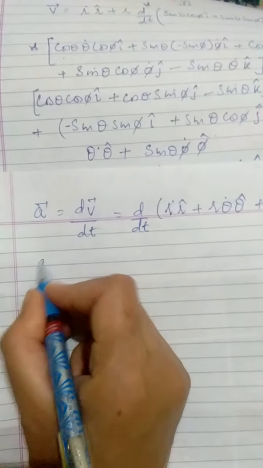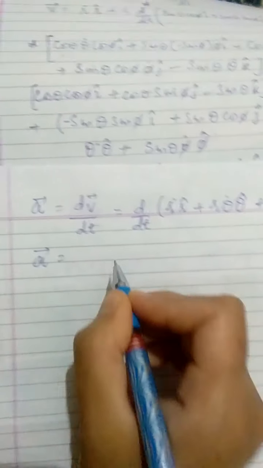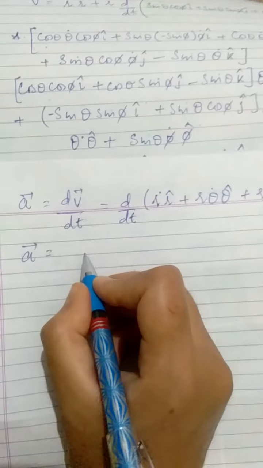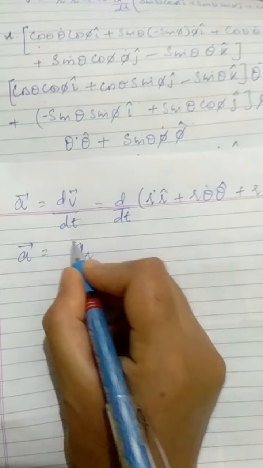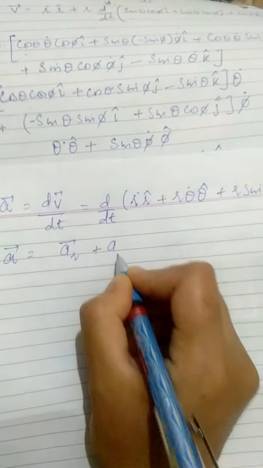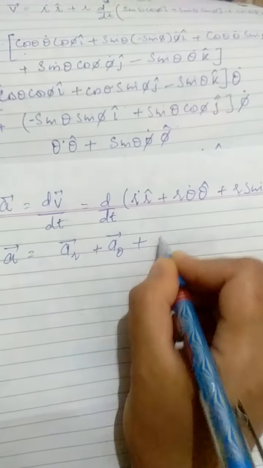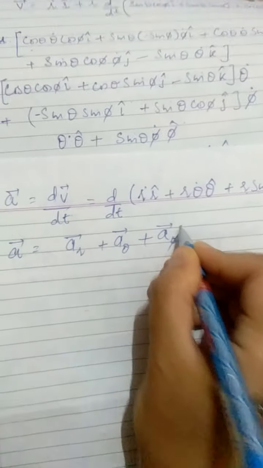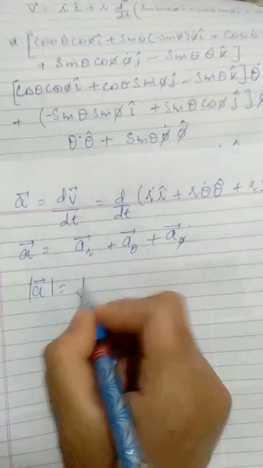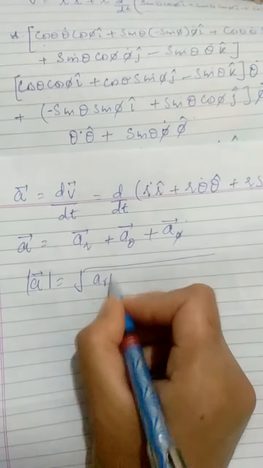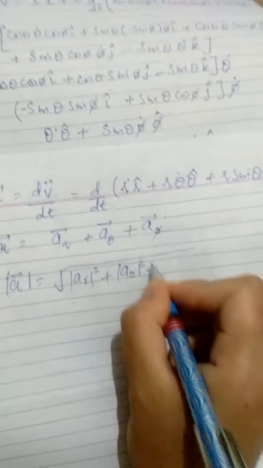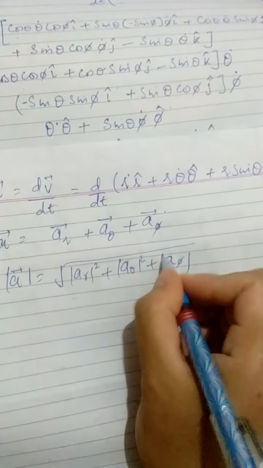And obviously for acceleration also you will get 3 components. One in terms of r, another in terms of theta, and another in terms of phi. So you will get a radial component. I will not do the detail. You can do it easily now. You will get a theta component of acceleration and you will get a phi component of acceleration. And obviously the magnitude of acceleration will be the square root of a r square plus a theta square plus a phi square,